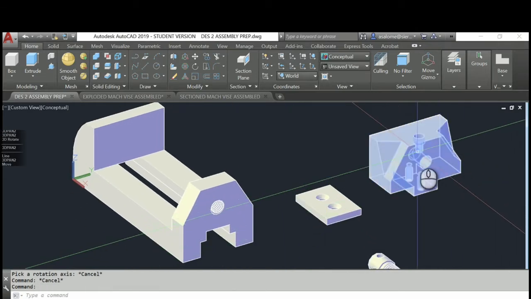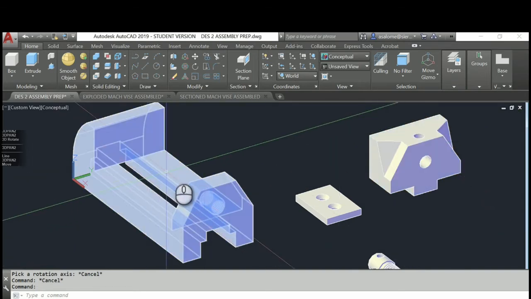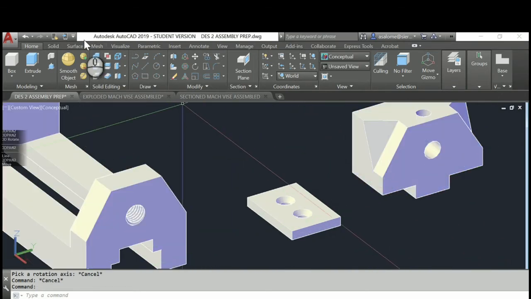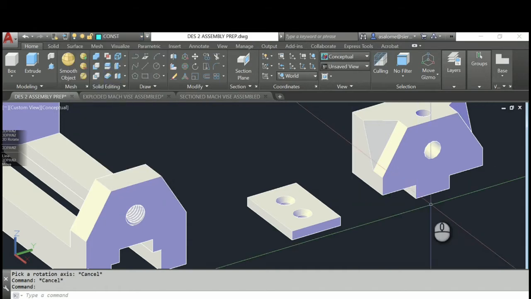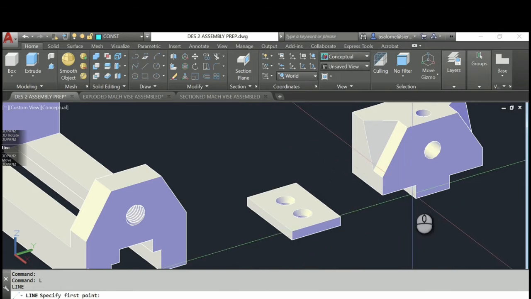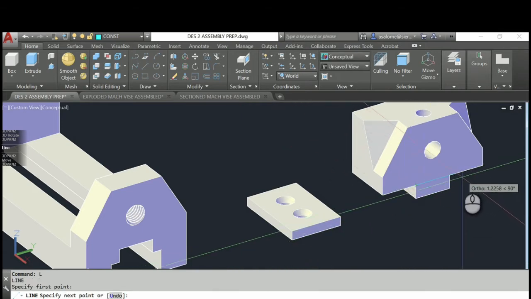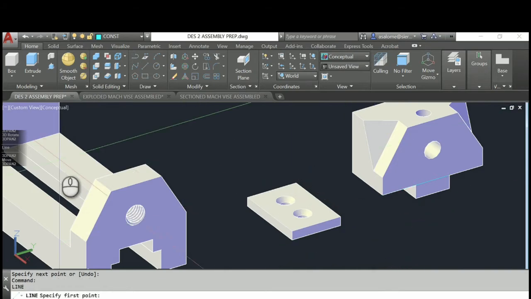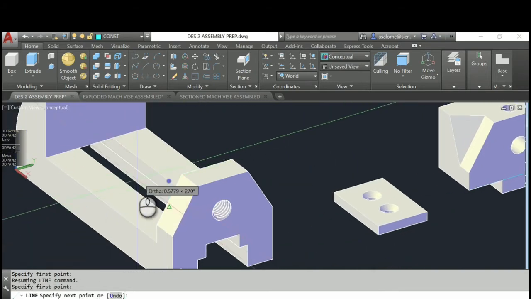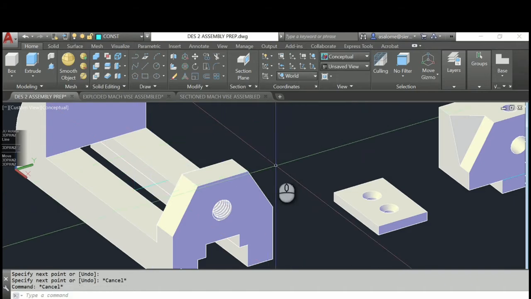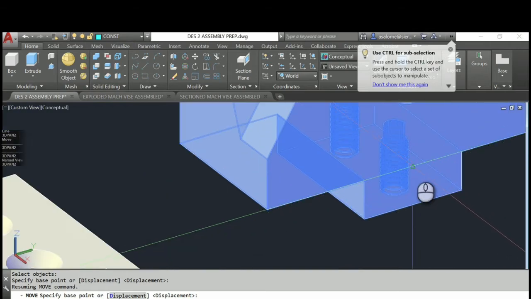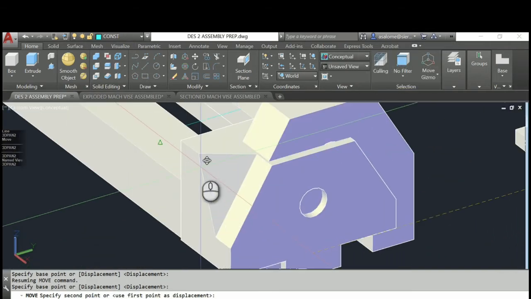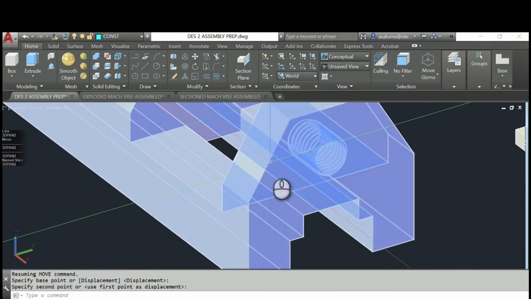So I now want to move that part onto the body. But to do so, I want to have some reference geometry. So I have no idea why my layers won't stay on the quick access toolbar on this computer. I'm going to go to the construction layer, and I'm just going to draw a couple of construction lines. I'm going to draw a construction line from end point here to end point here, and from the midpoint along this edge to the midpoint of that edge, at which point I can move this part from the midpoint of that construction line to the midpoint of that construction line.